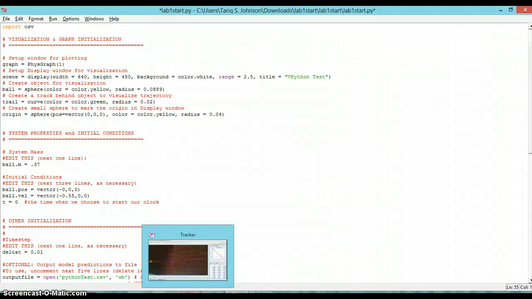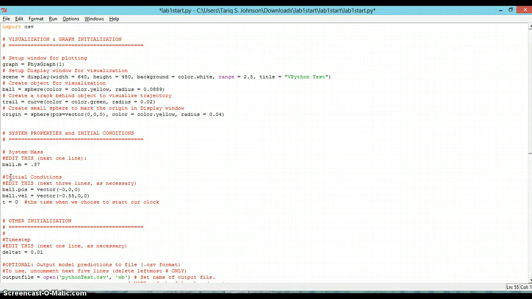I then use that physics adaptation in VPython, where I input all the data that I obtained from Tracker, such as the experiment's values: the ball's mass, 0.37 kilograms, the ball's initial position given to me by Tracker, and the ball's initial velocity, which is also given to me by the data in Tracker,